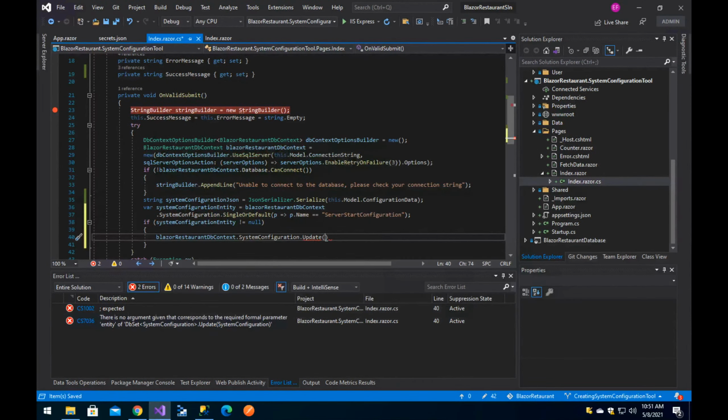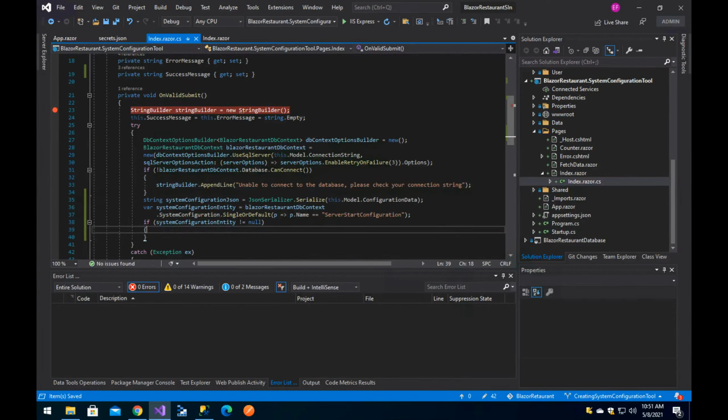Actually, I need to map the values. I forgot I had to do that. So